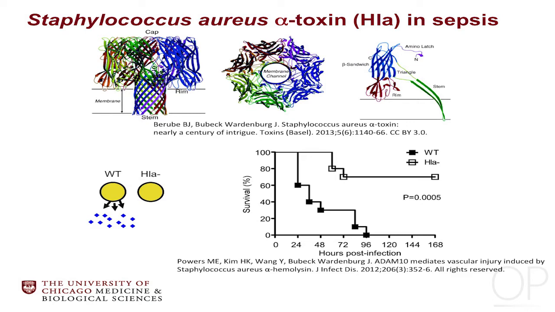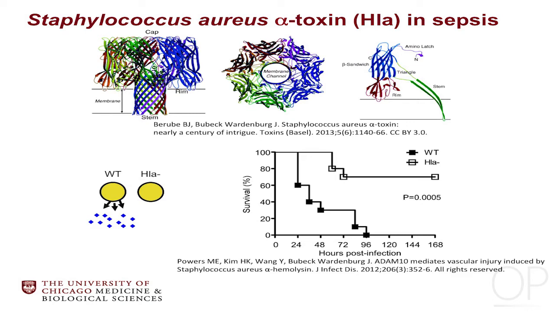And we're able to take advantage of bacterial genetics as shown in the bottom half of the slide. So if you focus on the left, you see a depiction of a wild-type Staph aureus that produces the alpha-toxin, which is shown as the small blue diamonds, and a toxin-deficient Staphylococcus, which is depicted as just the circle without the exotoxin produced. And we're able to model staphylococcal sepsis by injecting mice with live staphylococci through an intravenous route,